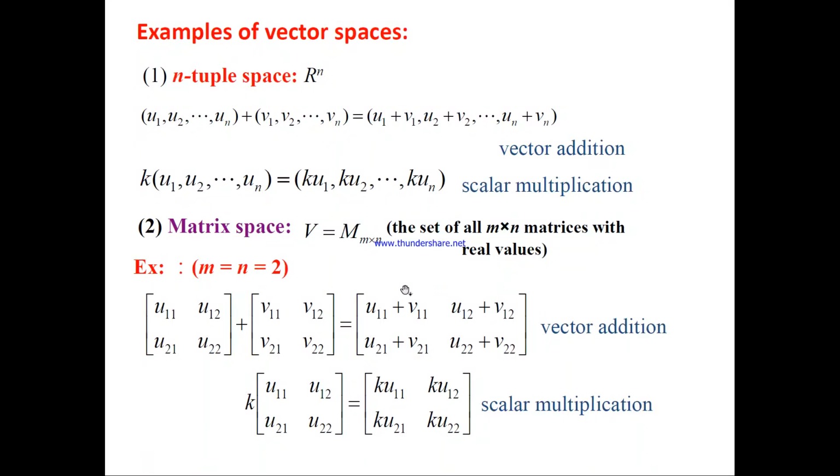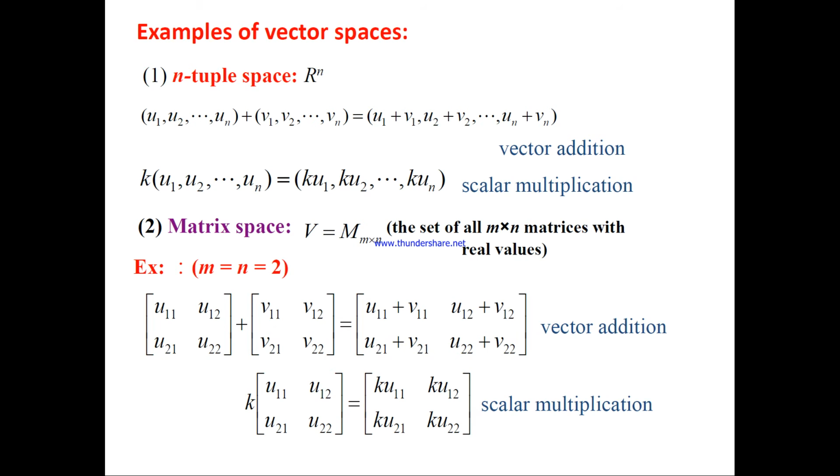Examples of vector space which you can see here. The first example is n tuple space, which we have seen earlier. So let u and v be 2 different vectors, and if you add u and v vector, it means that u1 plus v1, u2 plus v2, so on un plus vn. So that is vector addition. So n tuple space can also be an example of vector spaces. Now you multiply a scalar element k with u, then it goes with k into u1, k into u2, so on k into un. So that would be a scalar multiplication.